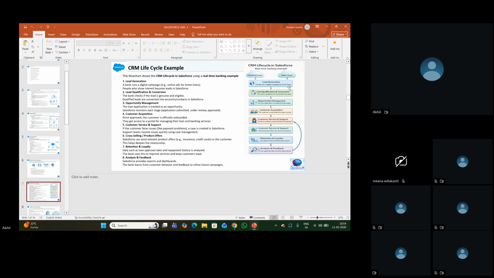Let's suppose we take a bank, HDFC Bank or whatever it is. They are using our Salesforce ecosystem to do their business. So what starts first? The Marketing Cloud, right? HDFC Bank is using the Salesforce Marketing Cloud feature, and they will run a digital campaign for home loans.